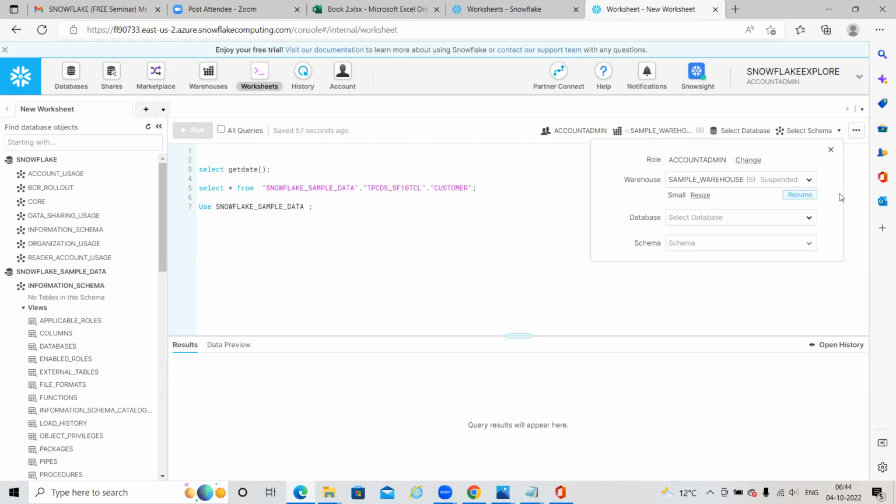Again, he will have a separate virtual warehouse, a separate database, and a separate schema. Like this, we can create multiple virtual warehouses, and each warehouse is not dependent on another, so that you can retrieve data from the database very fast.